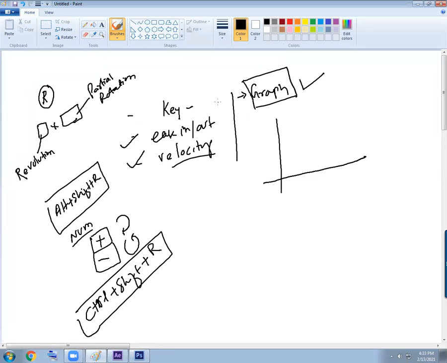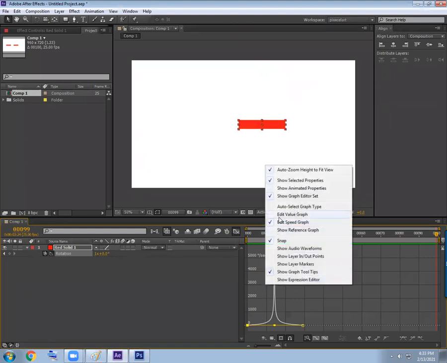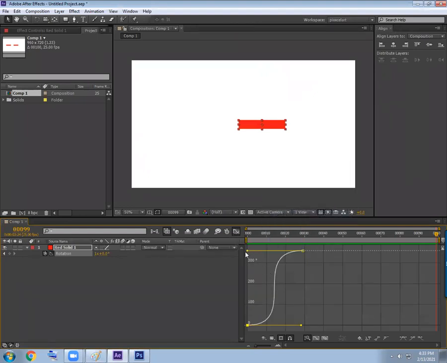We have made it clear up to the fourth level of animation through the graph editor. Can we do the same thing with the value graph? Actually, you only took the speed graph. Yes, we can do it with the value graph too. We can start pulling this, but here the information is not showing the speed. Here the value is slowly changing, that is controlled, and we can see it in the graph editor. But both are correlated to each other.